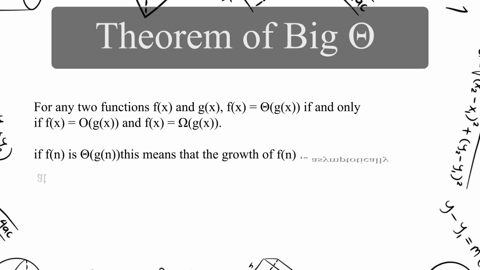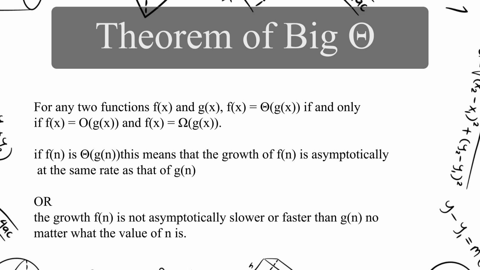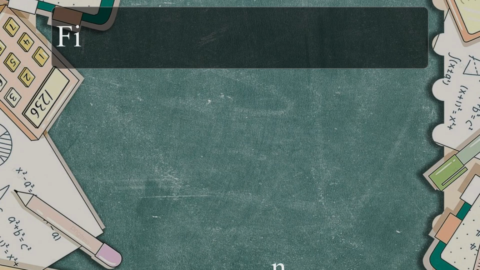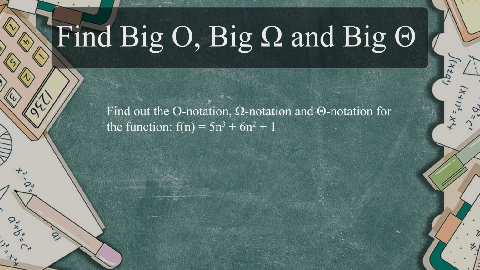So if Fn is theta Gn, this means that the growth of Fn is asymptotically at the same rate as that of Gn, or the growth of function Fn is not asymptotically slower or faster than the function Gn, no matter what the value of n is. So this is the way we define these three terms. Now, if I want to find big O, big omega and big theta for a particular function,